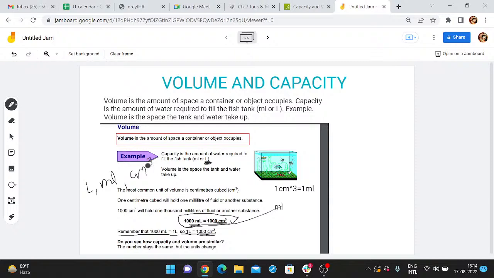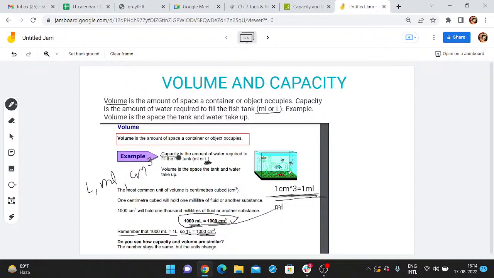There we go. All right, so हमें ये ध्यान रखना है, along with this, ये भी बहुत important है, इससे आपका हर चीज़ सॉल्व हो जाएगा. So हमने यही देखा कि वॉल्यूम को भी हम मेजर कर सकते हैं मिलीलीटर्स और लीटर्स में. और वॉल्यूम क्या होता है एक्चुअली, जो एक थिंग है वो ऑक्यूपाई कर रही होती है स्पेस, उसको हम वॉल्यूम बोलते हैं. कैपेसिटी होती है जो कि अमाउंट ऑफ वाटर रिक्वायर्ड टू फिल द फिश टैंक, कि अगर आपको उसको पूरा फिल करना हो, तो उसके लिए आपको कितना पानी लगेगा,